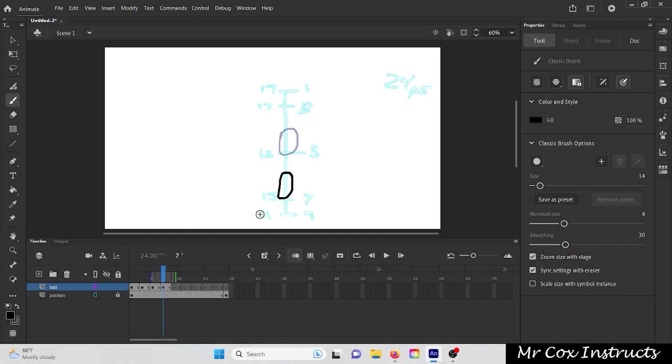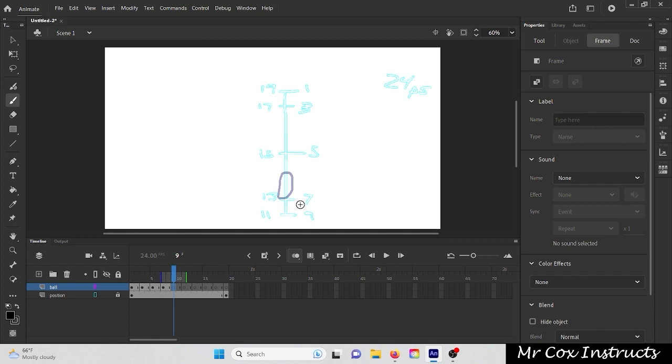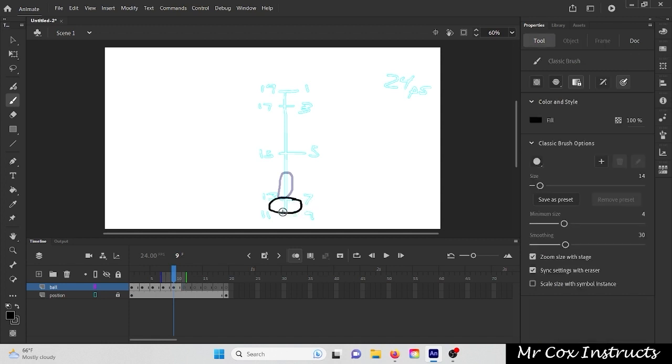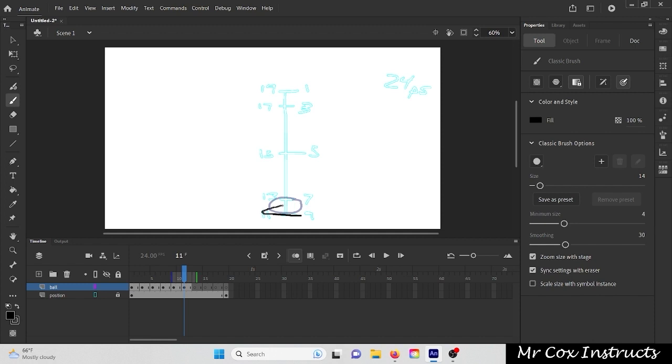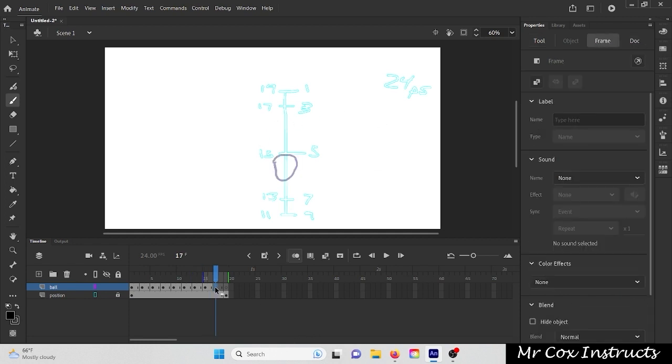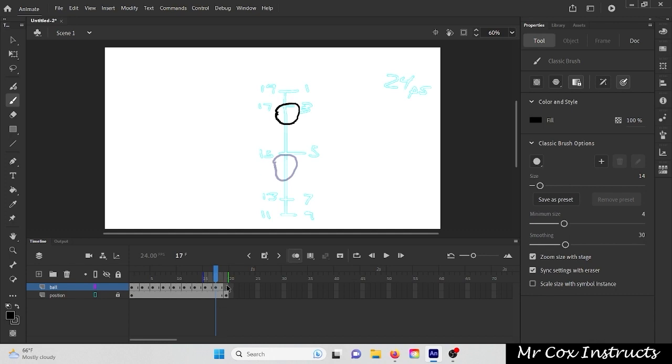Now at frame 9, we're going to hit the bottom of the bounce. Something impacts, it squishes out this way. Frame 11. Now what I want is my thing to really spring up, so I'm going to let it really hit hard. Advance to frame 13. I'll start getting our circle shape back. 15. Now when we start getting towards the top again, we're going to get a little bit closer to being that circle shape. Now I'm being a little bit messy with this, but